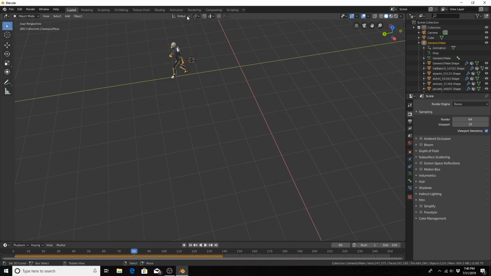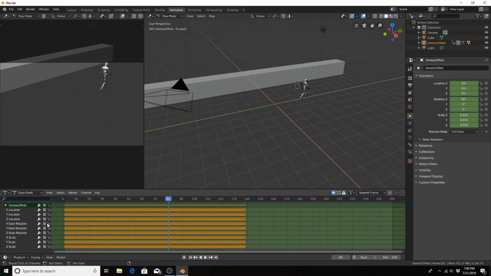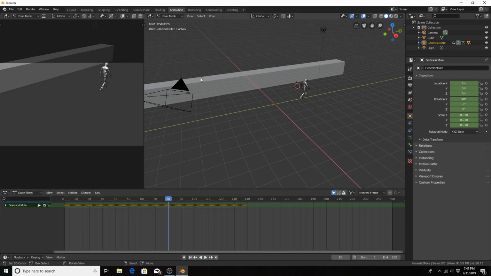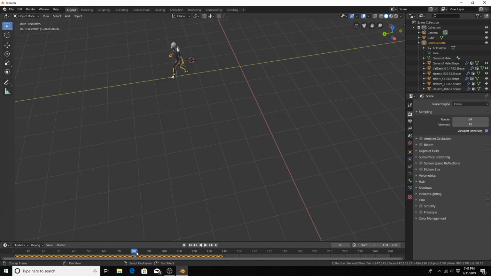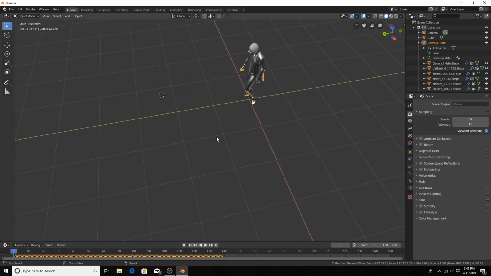Now there are two ways to fix that. In my previous video, I would say go to the dope sheet editor and delete the X, Y, and Z location, rotation, and scale for the armature itself. I would just delete these 9. That's a little destructive, so what I was also taught is that all you have to do is go back to here,